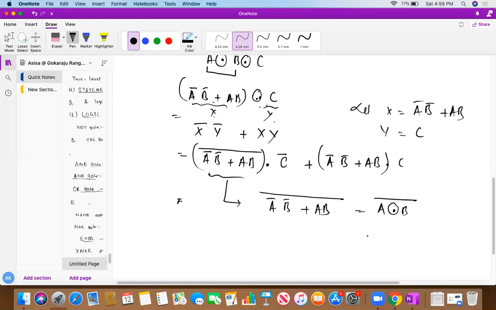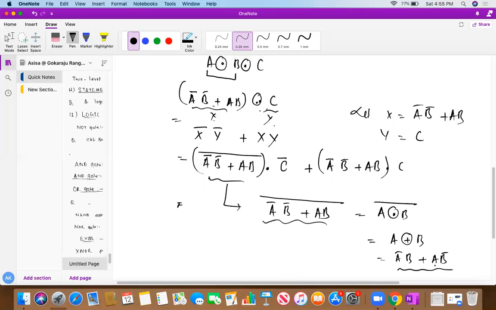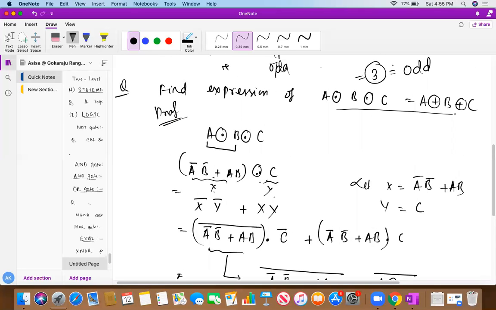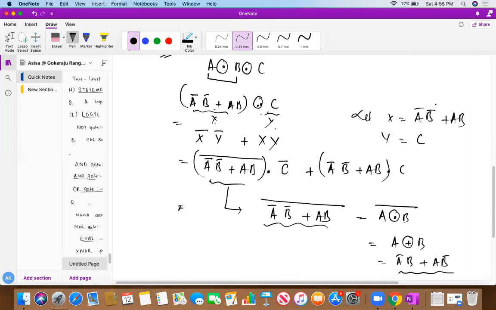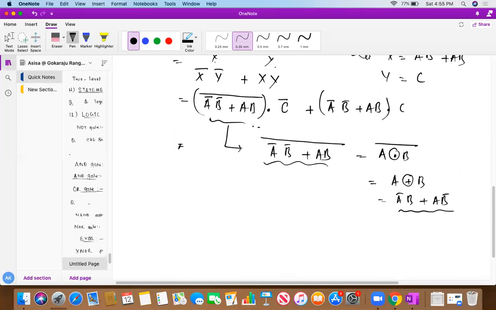So as we know, A XNOR B whole bar is what actually? A XOR B, which is A bar B or A B bar. So what do we achieve? This total is my form of A bar B or A B bar. Understand, students? Very simple. Why have I done it like this? Because, as we know, if the number of inputs is odd, then A XNOR B XNOR C is A XOR B XOR C. I'm going to prove that. That's why I'm just elaborating this, nothing else. Okay, so we know this thing actually.